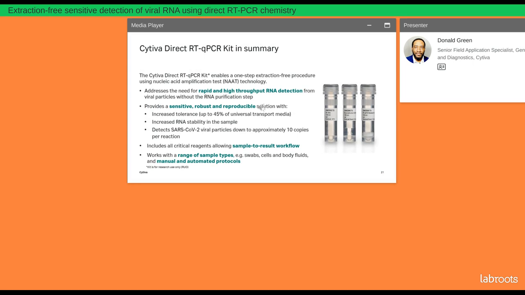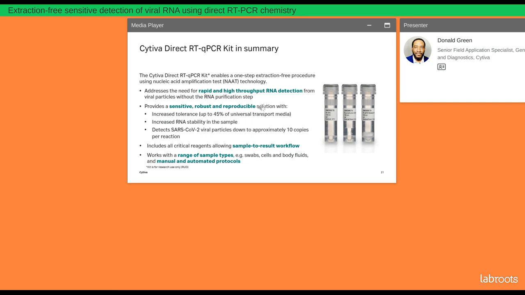Taking a look at this quick summary slide, what we're going to say is the Cytiva Direct RT PCR Kit enables a one-step extraction-free procedure using nucleic acid amplification testing technology. It addresses a few needs here, right? It addresses the need for rapid and high throughput RNA detection, provides a very sensitive and robust